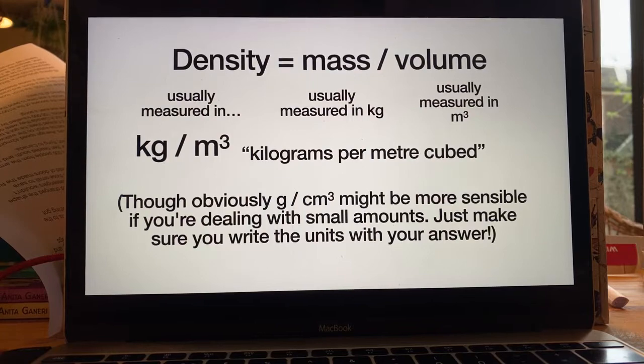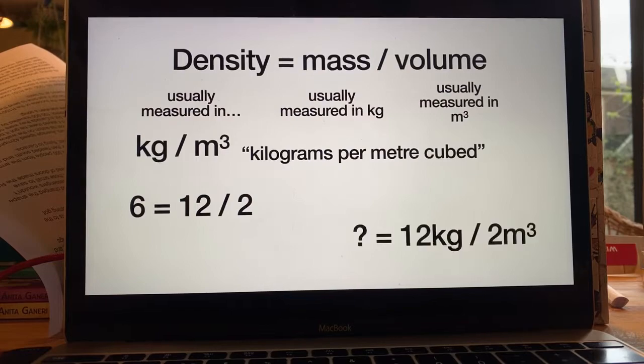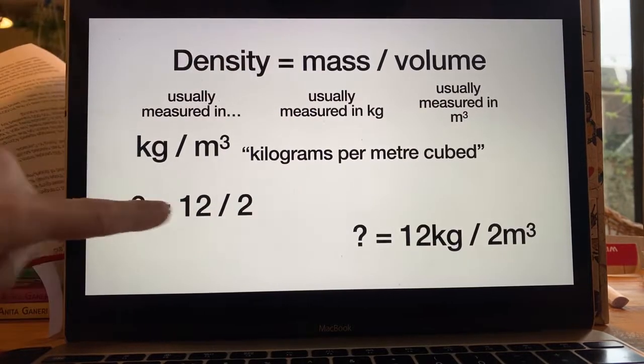Obviously, grams per centimetres cubed might be more sensible. It's perfectly okay to write that in an answer. Just make sure you write whatever the units are. You stipulate, okay? So I've just got to really double down on this, whatever you do to the numbers,